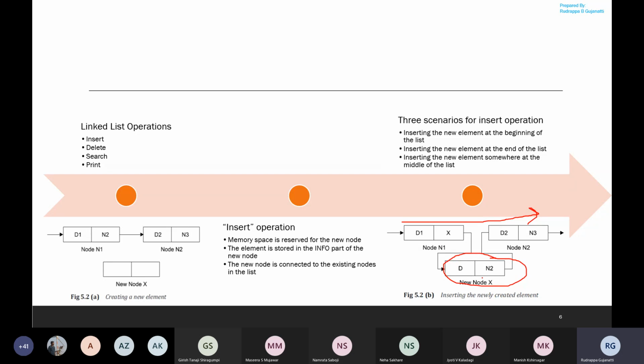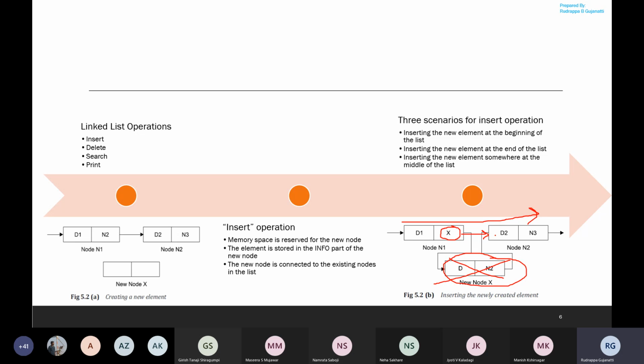So when I'm deleting this element, I should bypass it such that I maintain this logical connection. In order to do that, this field is updated with the address of node 2. So if I do it directly in this form, you are directly deleting the element and still maintaining the logical connection.